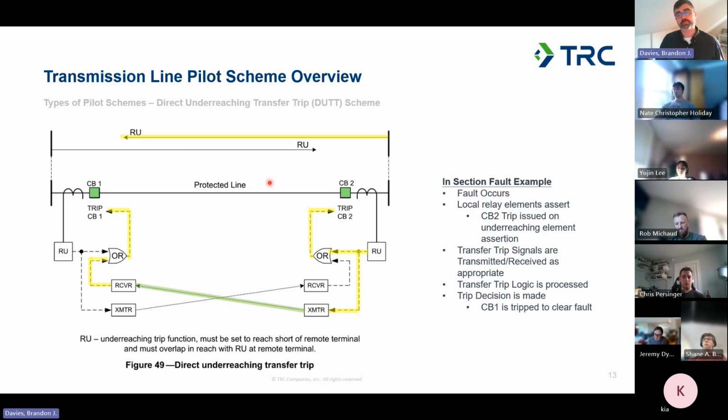That is how we'd use Aspen in this. It would be basically to figure out how to set these elements to over or under reach the terminals. And then you can use it to validate that you've got the appropriate amount of overreaching and underreaching. These overreaching and underreaching elements are typically applied as distance elements, though some schemes also use directional overcurrent elements